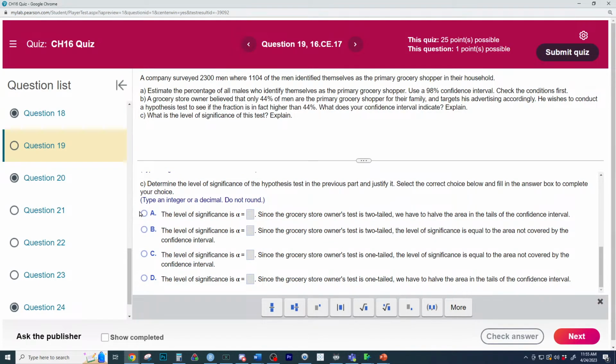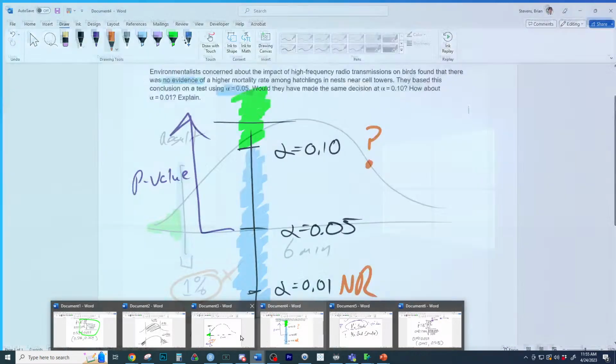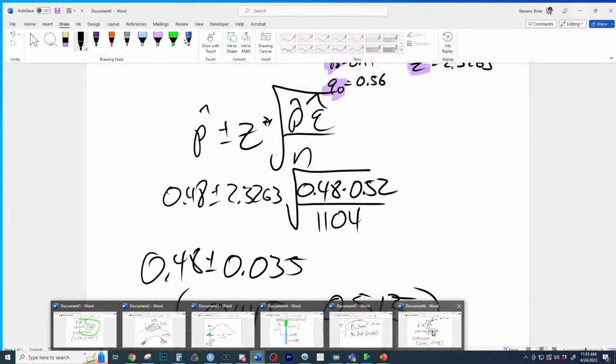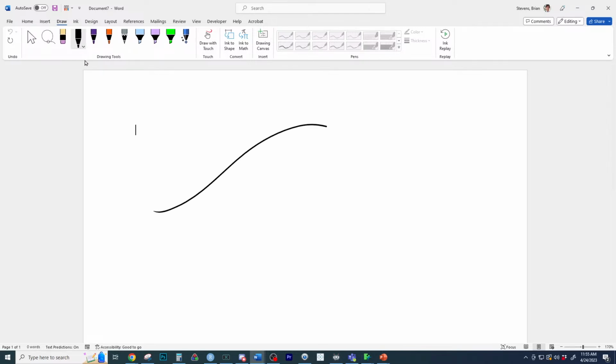The significance level, and this is going to be interesting, is going to be, because they're testing greater than, right? Higher than. So because they're doing higher than, let me go to where I drew it out. Let's draw it out again. This is where usually people make the mistake because they throw a little trick in here. You ready?